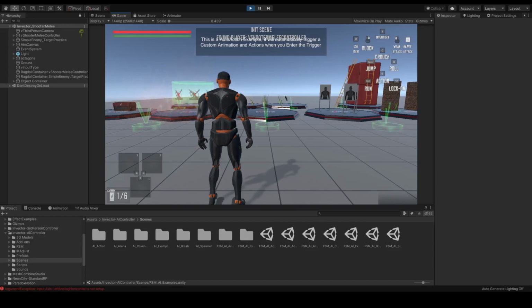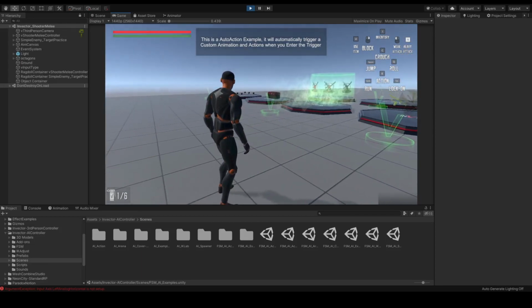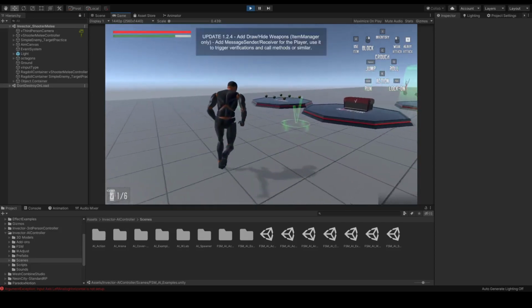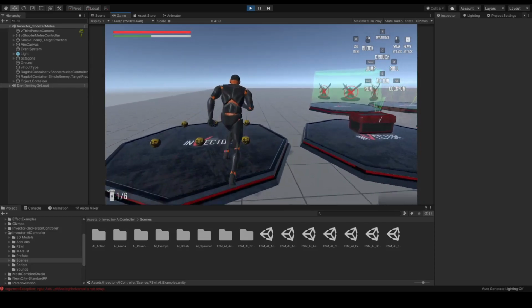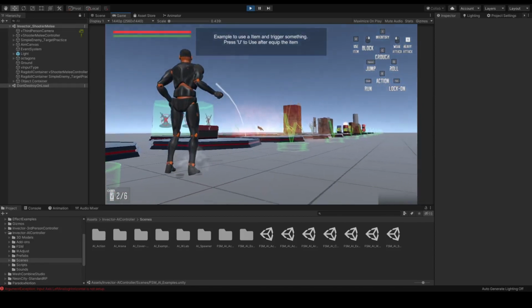So this is the first demo scene with Invector for the shooter and melee combination. As you can see, they have different things that you can do. You can pick up grenades, throw grenades,